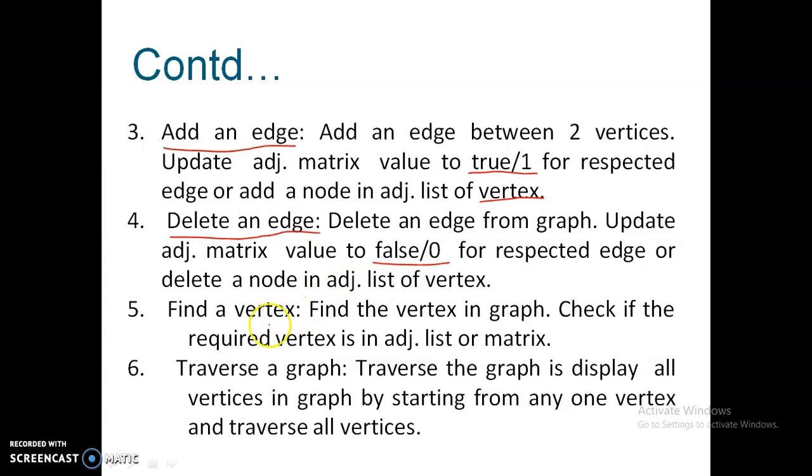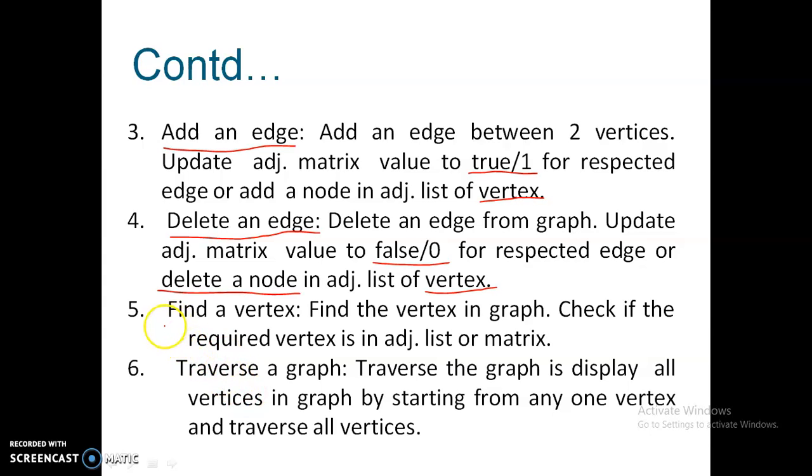In the adjacency list, we need to delete a particular node from that vertex. Each vertex has a linked list, and from that linked list we delete a node. Whatever edge is deleted, the related node is deleted from the adjacency list.